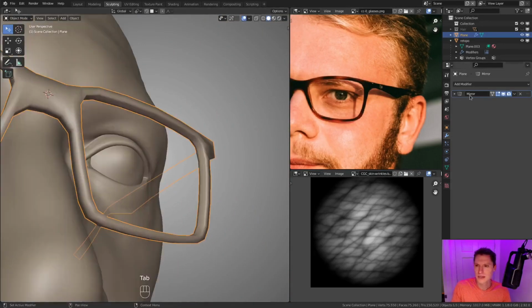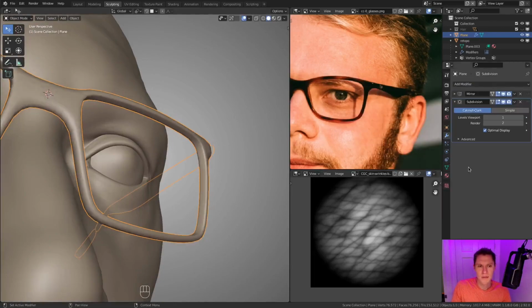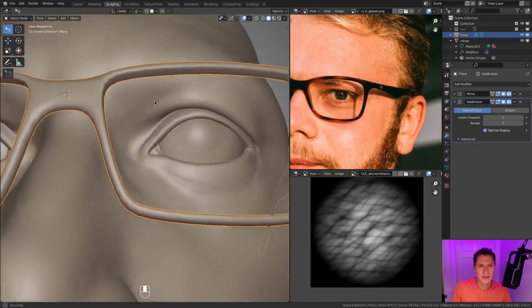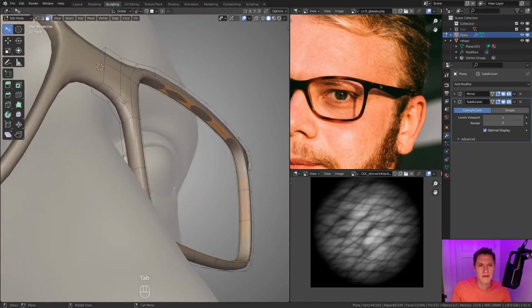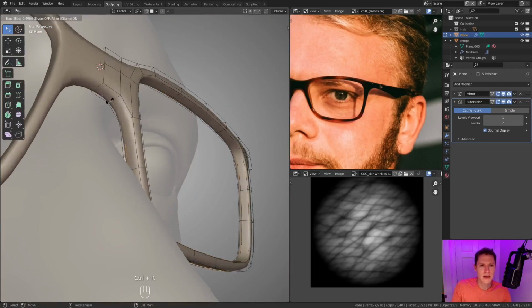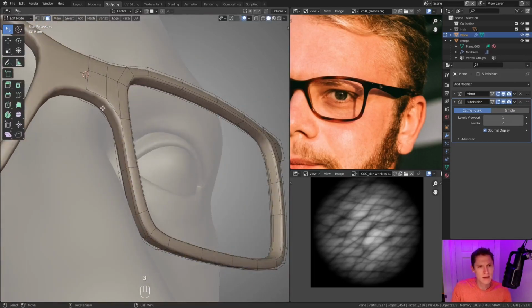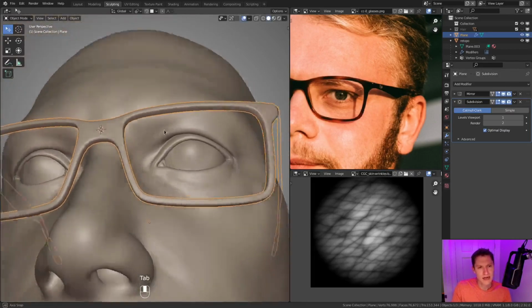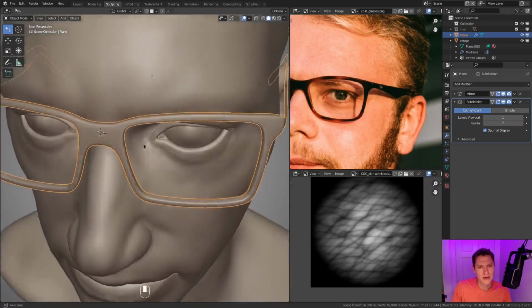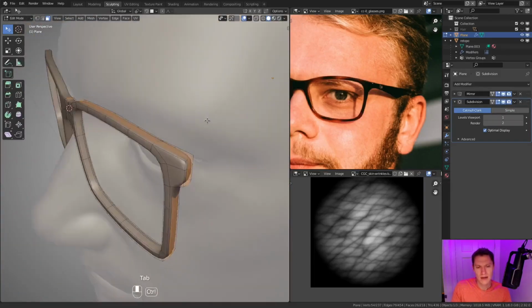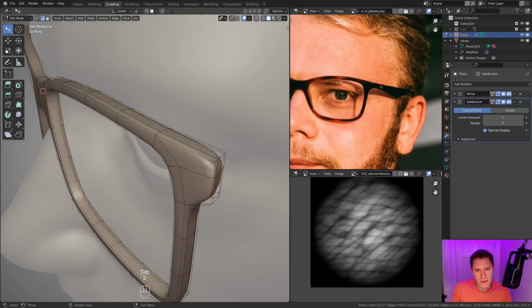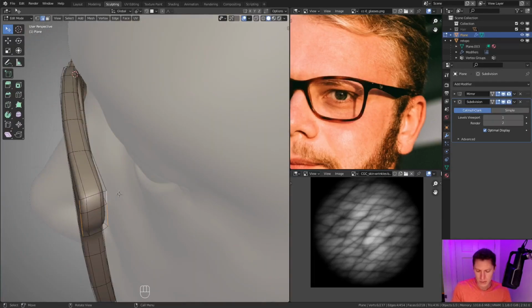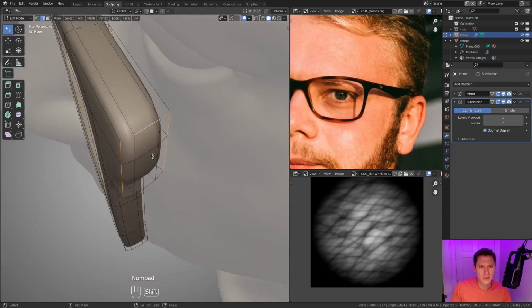All right, it'll help to actually add a subsurface modifier to see the smooth version. And yeah, it's way too rounded. We need some supporting edges, probably on this side as well. Just like we did on the inside, kind of push those out. I think that feels pretty good. Let's tighten up this connection where it will hinge with the earpiece.